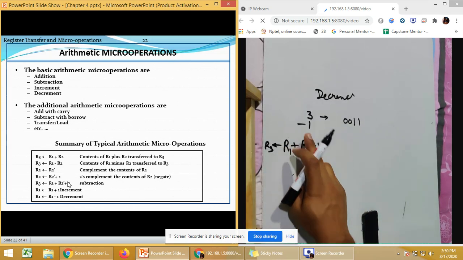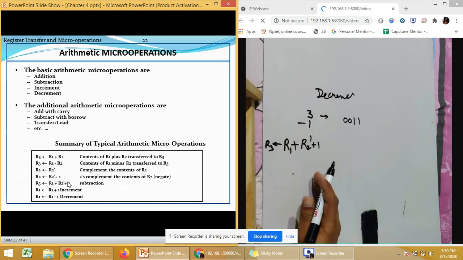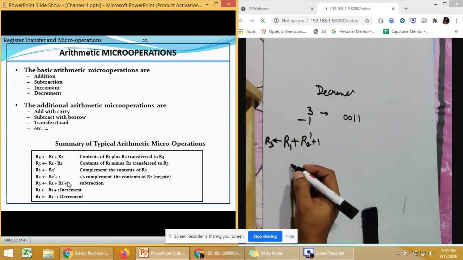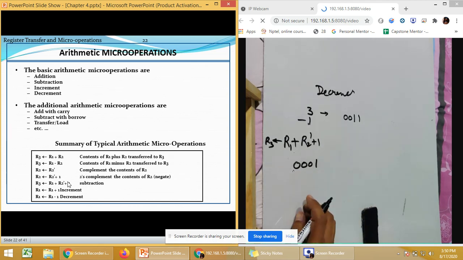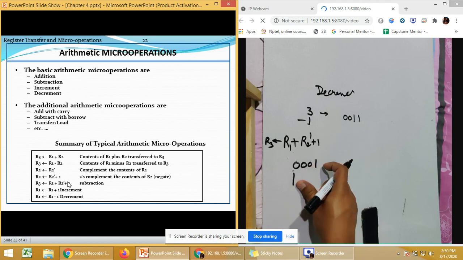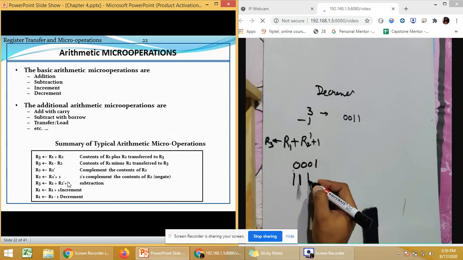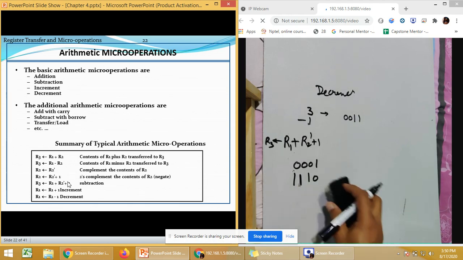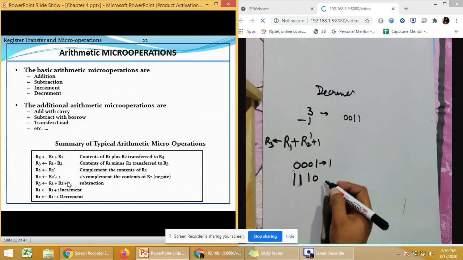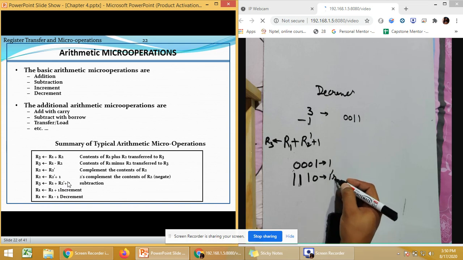So if we want to take 2's complement of 1, just check how it is. This 1 will be represented like 0001. Now take its 1's complement. So this will become 1, 1, 1 and 0. This is the 1's complement of 1.